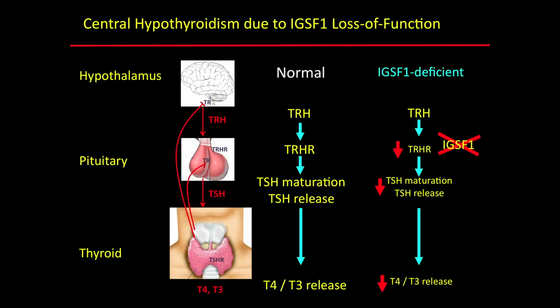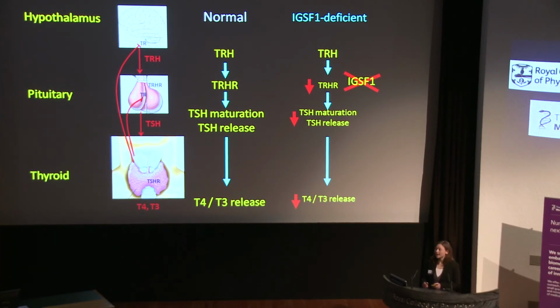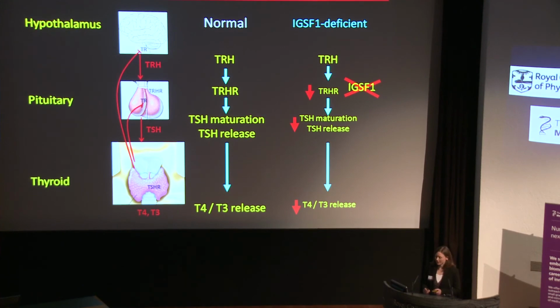So whilst we do not by any means have a completely comprehensive mechanism to explain the central hypothyroidism in our patients, we believe that in IGSF1 deficiency, TRH signaling is impaired, and this is at least in part due to decreased TRH receptor expression in the pituitary. This results in decreased TSH maturation and release, with subsequent decreased circulating levels of thyroid hormone. So in summary,